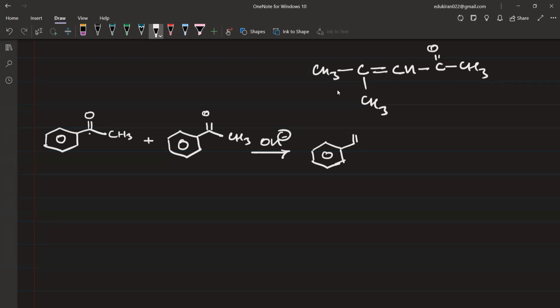So first of all, you have a benzene ring, then the carbonyl of one carbon that is going to get converted to OH, and here the CH3 as it is, and then it has a bond with CH2 of this carbon. The CH2 is connected to C double bond O, which is further connected to benzene ring. Okay, carbonyl carbon, alpha carbon. Then this automatically undergoes dehydration. You don't have to even heat it. So you will get